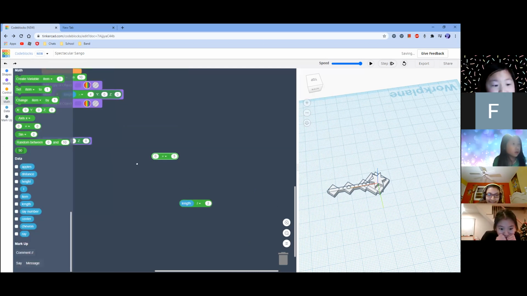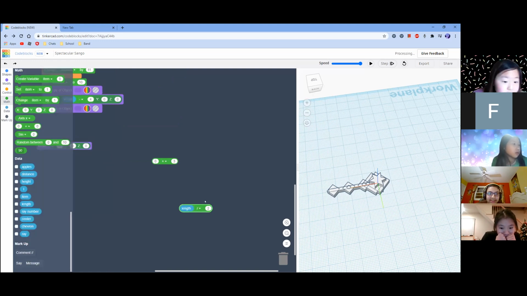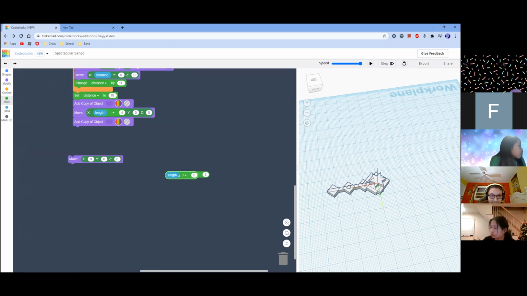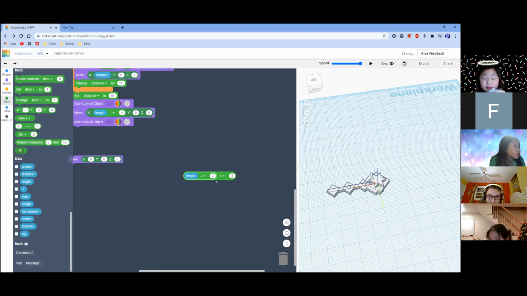Now what you want to do is start dragging around. Careful. Okay, now start dragging our length divided by 2, and I'll let you know when to drop it in. Okay, don't let go of it until I tell you. Okay, move to the right a little bit. Keep going to the right. Keep going. A little bit down. Okay, and let go. Perfect.